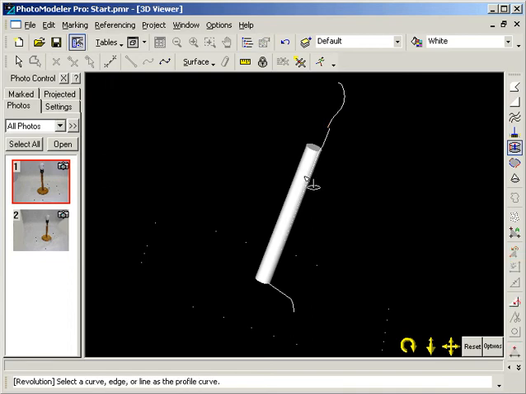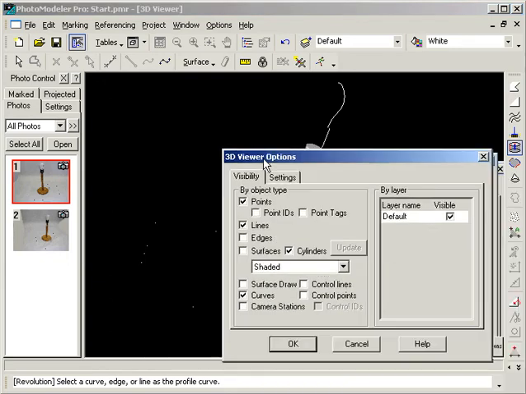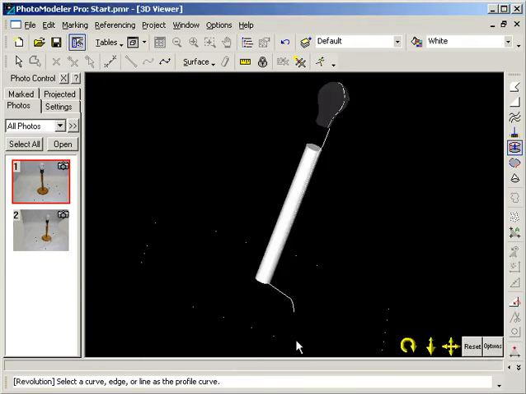In the 3D viewer options, we turn on Surfaces and view the surface that was created on the bulb. The surface appears dark, indicating the surface is inside out. We can easily change this using the Flip Surface tool. We press the button from the toolbar and it flips the most recently created surface. We review the model and see our light bulb with its surface of revolution, generated from the profile curve and